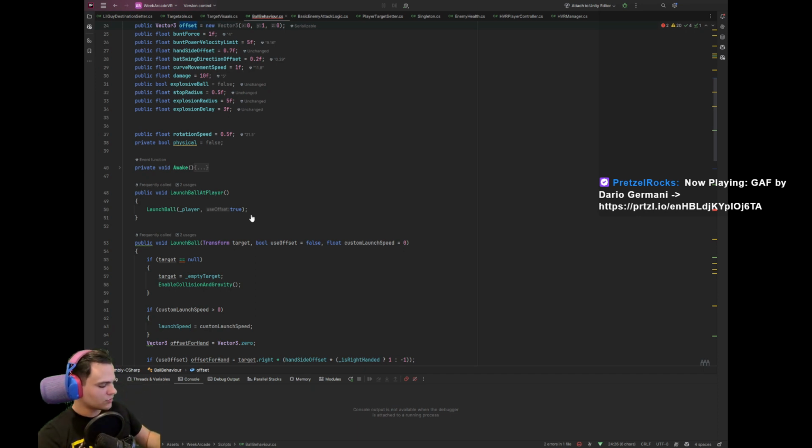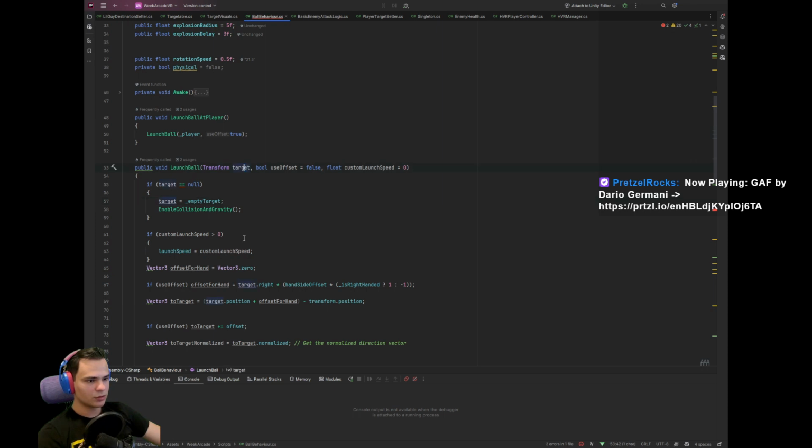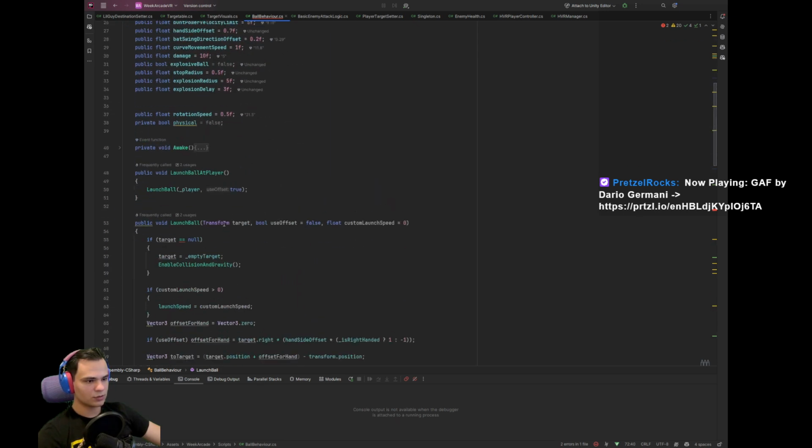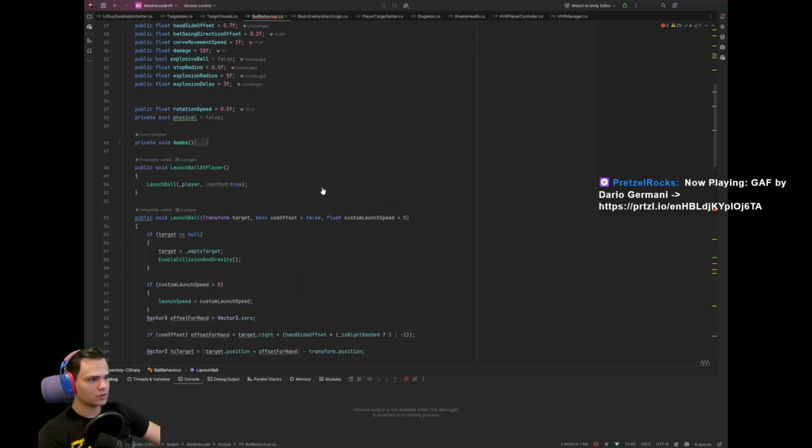Maybe we can just have some inaccuracy on our enemies, like a few degrees left or right. So we can do target plus offset, which we have stored here, and the target that we're using is